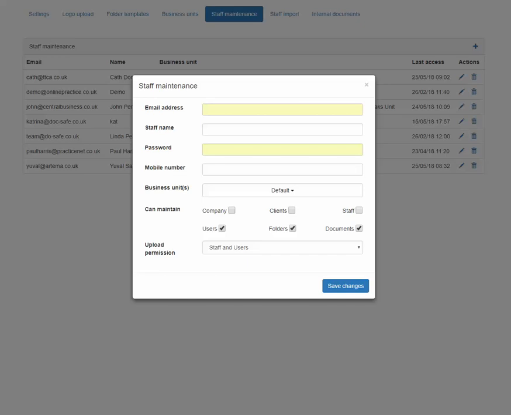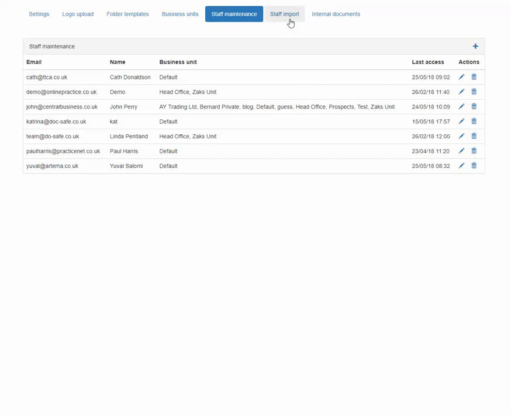We recommend that most staff members have these 3 boxes in permissions ticked: documents, folders and users. Only tick the other boxes if you want this particular staff member to have access to some of the setting functions, so that they can create other members of staff and change some of the overall settings. But I would recommend you leave this as the default setting. Finally, you can ignore the 2 options in the top right hand corner unless you have specific needs to do large staff imports or create internal documents for your staff. You'll now be able to move on to our next